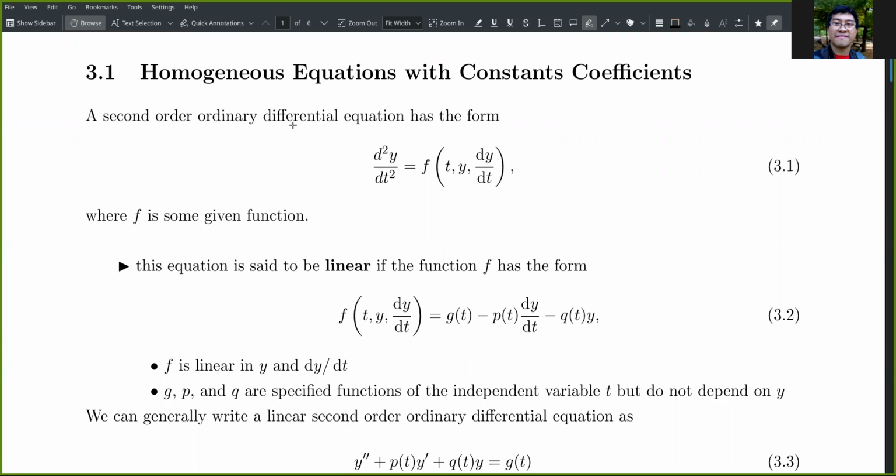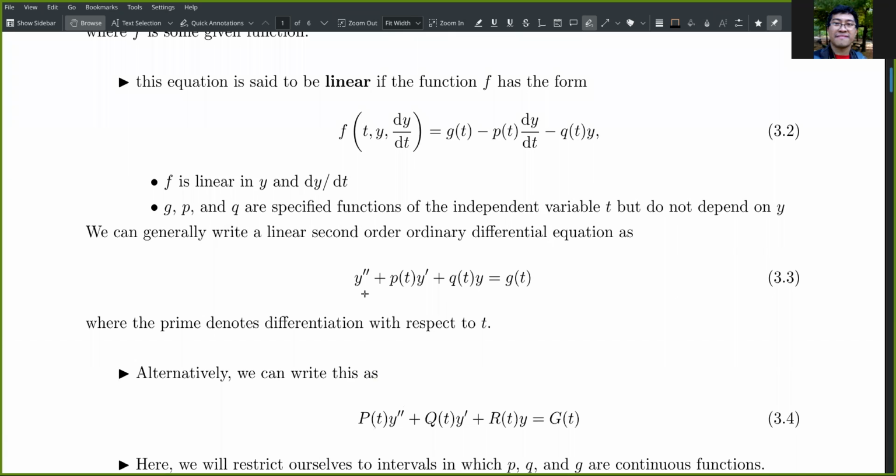Generally, a second order differential equation can be written in this form, where f is a function of t, y, and dy by dt. Typically, t is our independent variable. This equation is linear if the function f is of this form, that is, if f is linear in y and dy by dt, and g, p, and q here are functions of the independent variable t, but they do